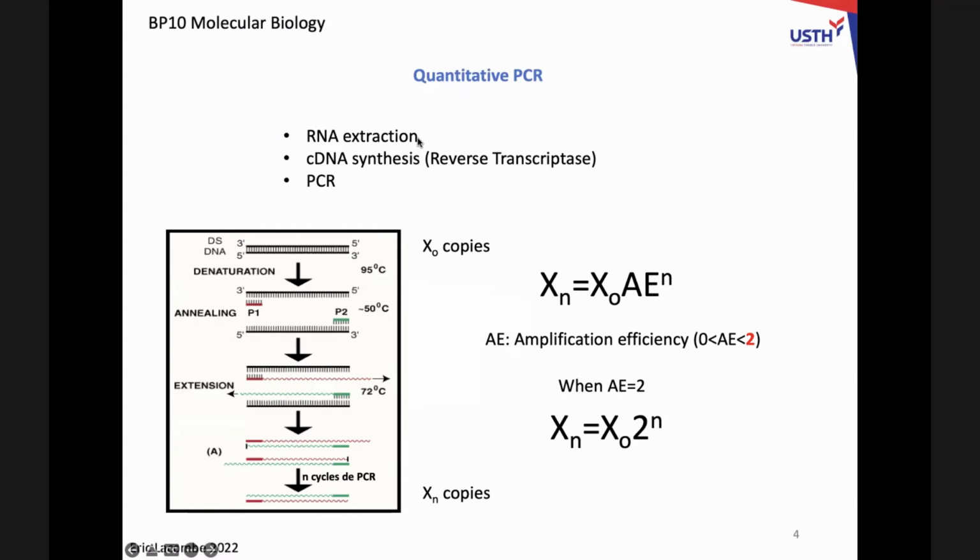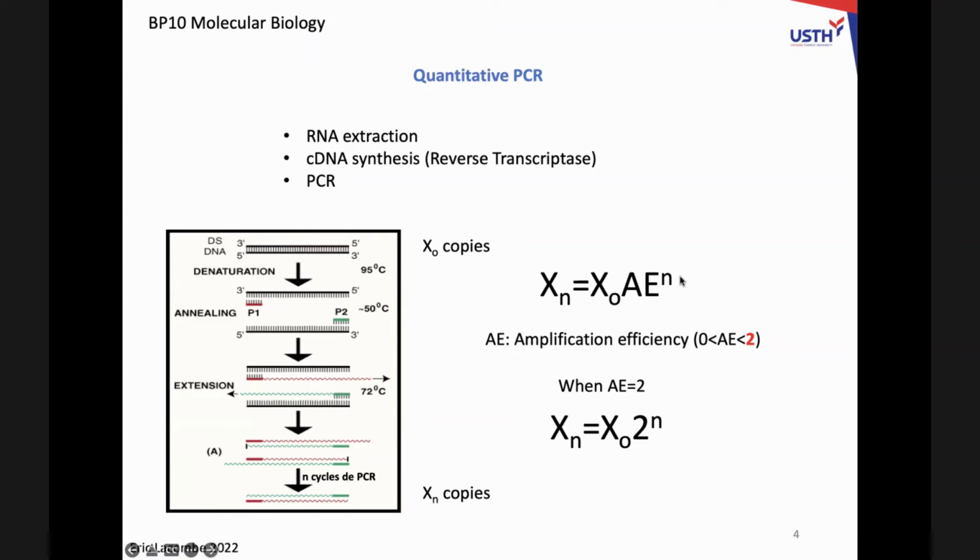So you understand, it's a classical process: RNA extraction, cDNA synthesis. There is a direct proportionality between the number of RNA molecules and the number of cDNA molecules, which is identical. Then the PCR amplifies the signal. And we know the relation between the initial number of the target and the final number of the target. It's directed by this type of equation. It's a simple equation, don't worry. The final number is equal to the initial number multiplied by the amplification efficiency,